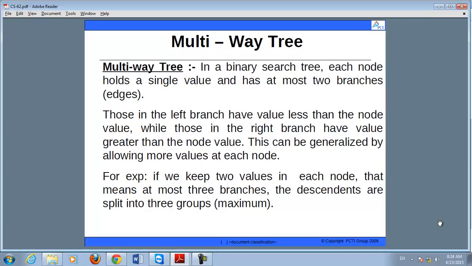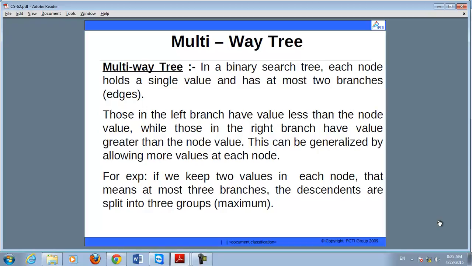But in a binary search tree, each node contains a maximum of one value and it has at most two branches, or you can say two edges. As you saw previously in the binary search tree, you insert a node, then whenever you want to insert another value in the tree, you have to compare that value with the particular node value.